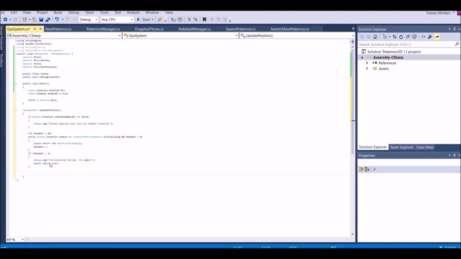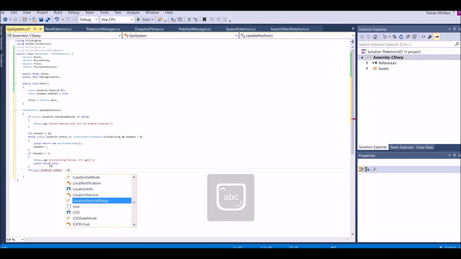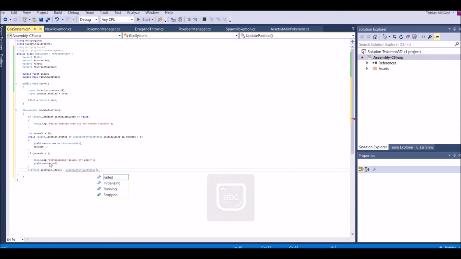Okay. Next, we need to say if Input.location.status equals LocationServiceStatus. So we're going to basically do this again. Dot Failed. So if it did fail, so if it's been initializing for over 20 seconds, then just make it fail. But if it did fail, then we need to say